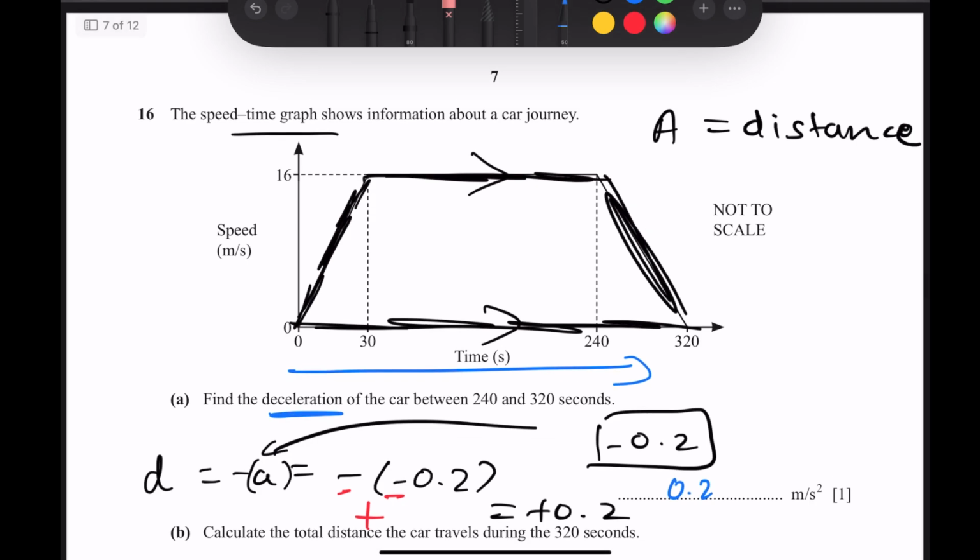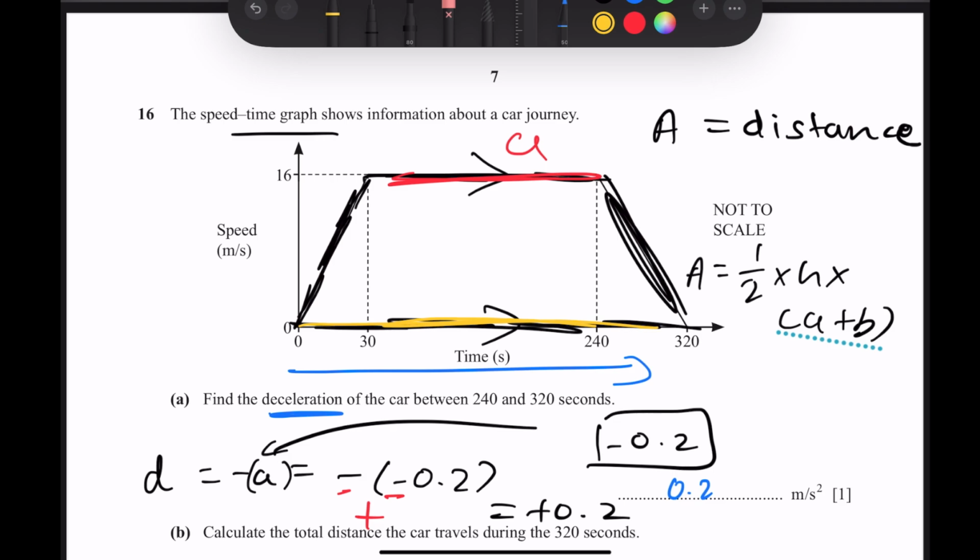And the area of a trapezium is equal to half times height times a plus b, where a and b are the two parallel sides. So if we treat this side as side A and this side as side B, and the height is 16, this means that the area,